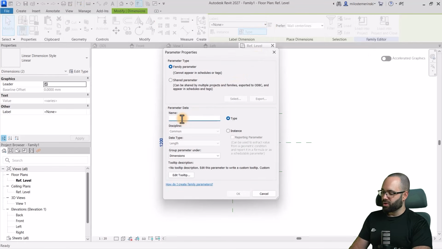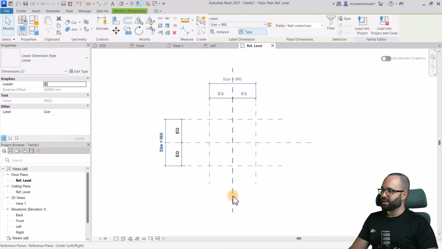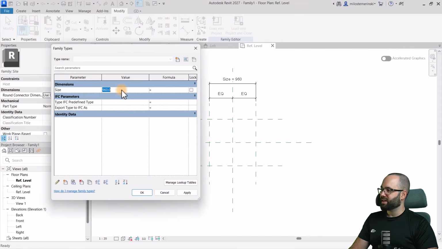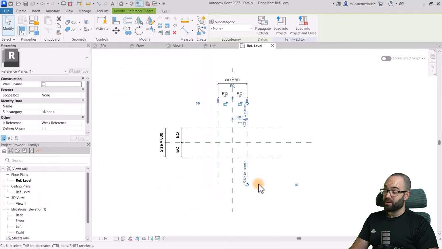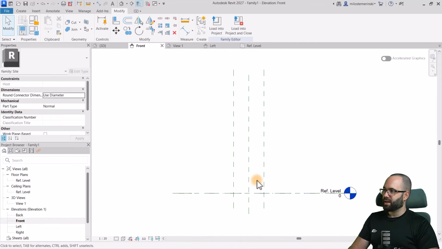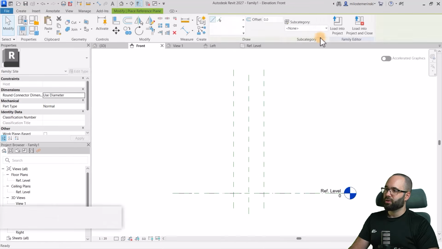And then this will be a new parameter called, let's just call it Size. And it will be just the same for both sides. So let's go like that, click OK. So there we go, it's just the size parameter. Go here to Family Types, and let's just make this 600 millimeters. Hit Apply. Okay, perfect. Also, we want height, so let's go here to Front, and then let's add another reference